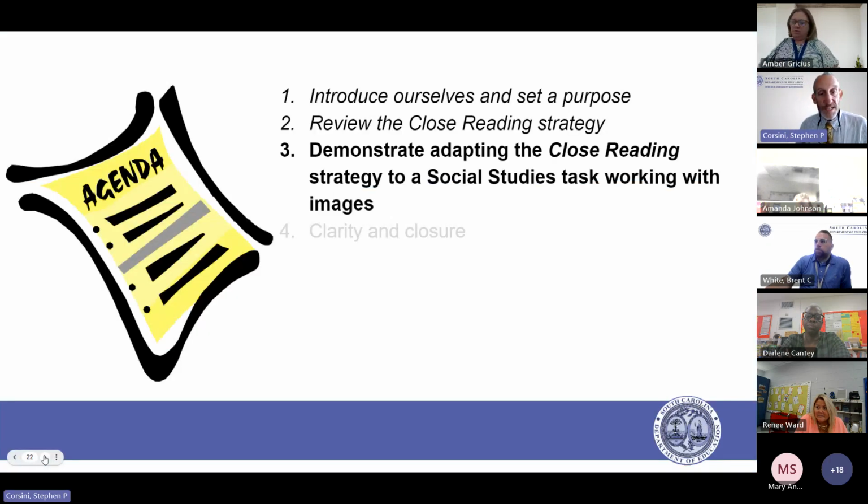So I'd like to go through a demonstration that actually uses this strategy as you could use it in a social studies class. Specifically, we're going to work with images today. So for this next bit of work that we're going to do, I would like for you to look through this from a student lens.